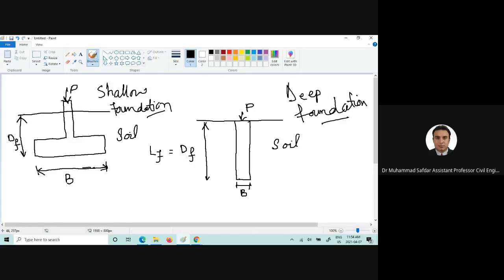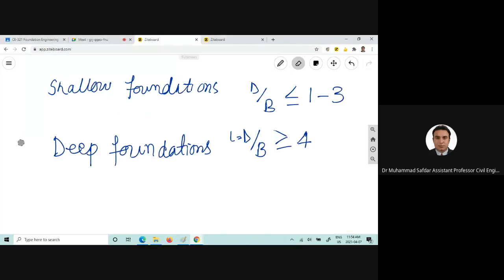Okay, so if the depth of the foundation is less than or equal to... I think I have written it here somewhere. Yeah. So for shallow foundations, the depth to breadth ratio should be less than or equal to 1 to 3. In the notes it's written as 1, but it's also written somewhere as 1 to 3. So if you write less than or equal to 1, or if you write this one, it's more practical, I guess. For the deep foundations, the length, which is also equal to the diameter, which we can see here,